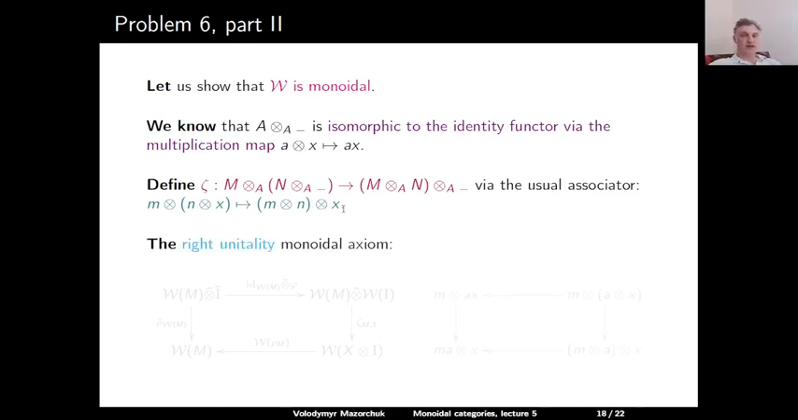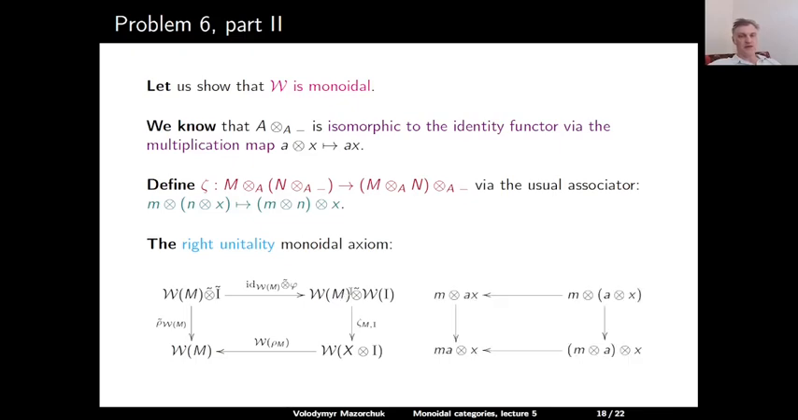So let's look at the monoidal axioms. The right unitality monoidal axiom is this square. And if we look at what happens to the elements in these modules under our map, so if we start here, all maps here are isomorphisms, by the way. We start here, so we have M tensor with A tensor X, and then we have the multiplication map,